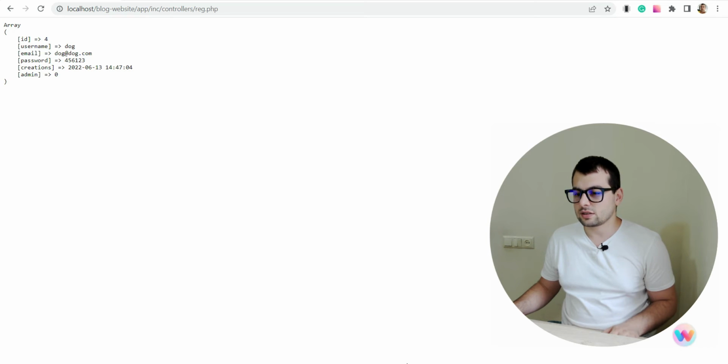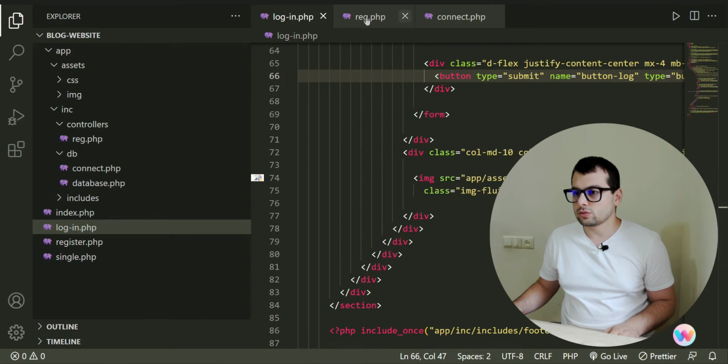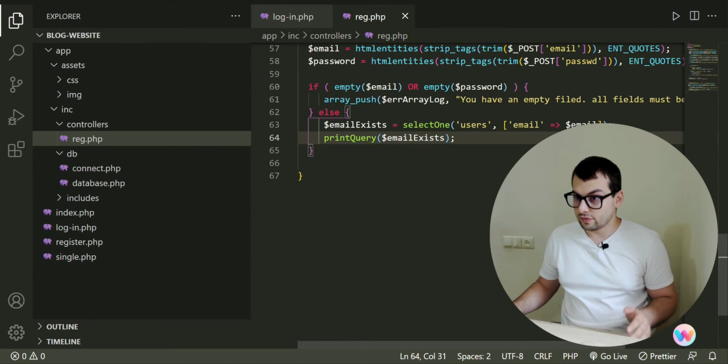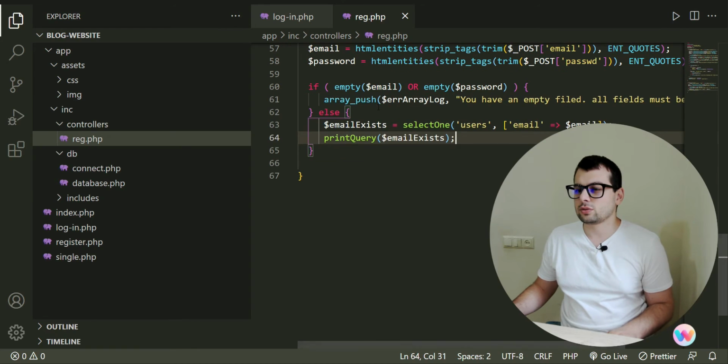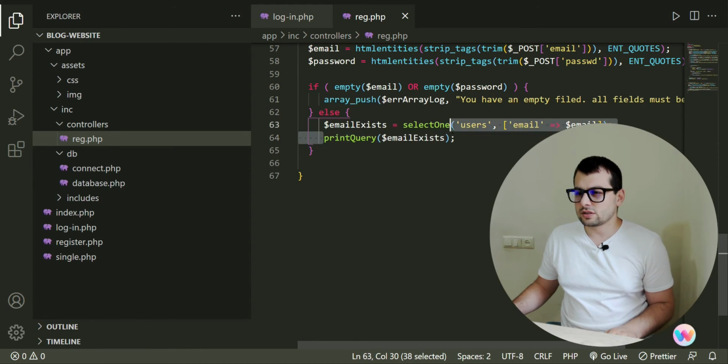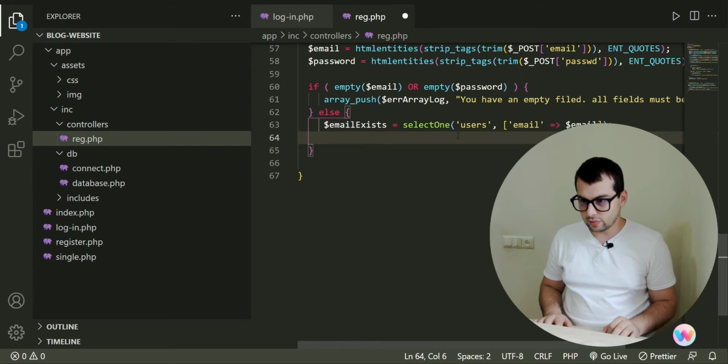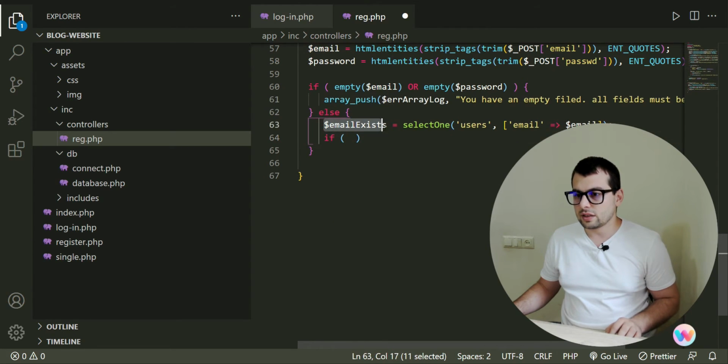So everything is correct. And if everything is correct, what stays for us to do in our registration file, where we also do the login? I'm gonna rename this to users.php right after we finish. I need just to compare if it's correct or not. And for this, there is a good function which is called password_verify. So let's, if this email exists,